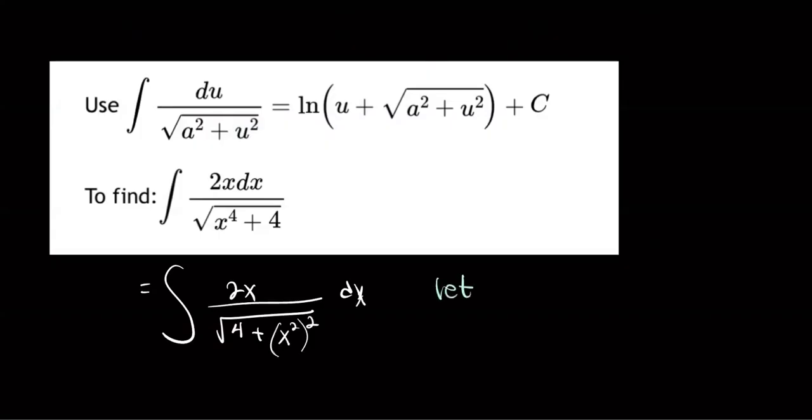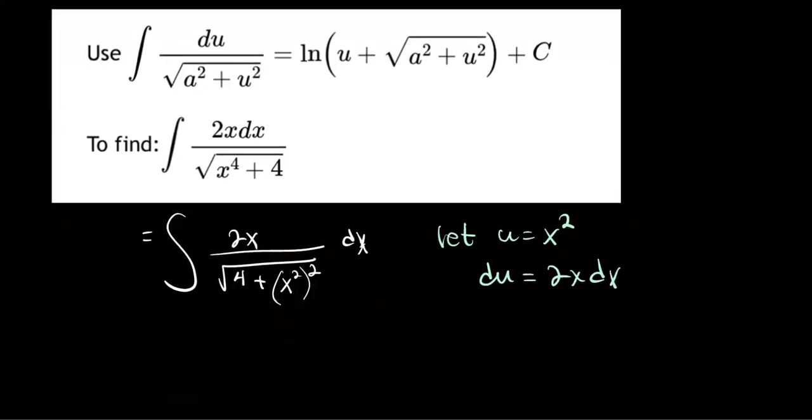This one's a little bit straightforward if I rewrite it. I'm going to rewrite this as 4 plus x to the 4th. Now, I certainly didn't have to change that order. I just thought it looked a little smoother. And instead of an x to the 4th, I'm going to write that as an x squared squared, because then you can see the u sub. So I should let my u be the x squared, and the du would take care of that entire numerator completely. So then this integral becomes the integral of 1 over the square root of 4 plus u squared du,